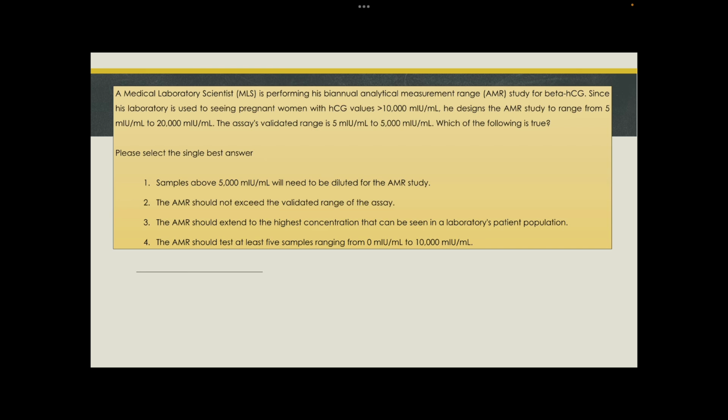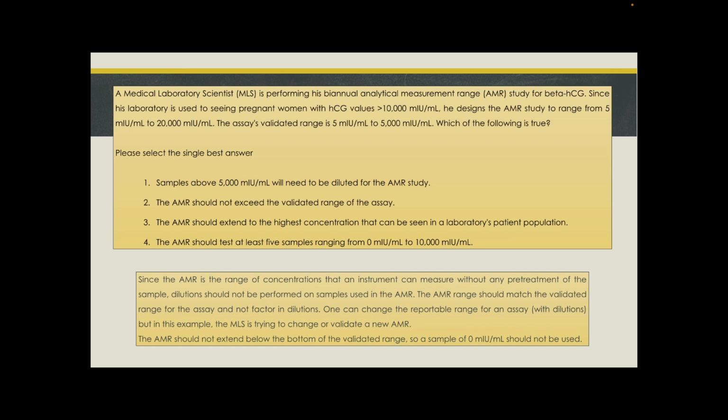The answer: since the AMR is the range of concentrations that an instrument can measure without any pre-treatment of the sample, dilutions should not be performed on samples used in the AMR. The AMR range should match the validated range for the assay and not factor in dilutions. One can change the reportable range for an assay with dilutions, but in this example, the MLS is trying to change or validate a new AMR. The AMR should not extend below the bottom of the validated range, so a sample of 0 μ/ml should not